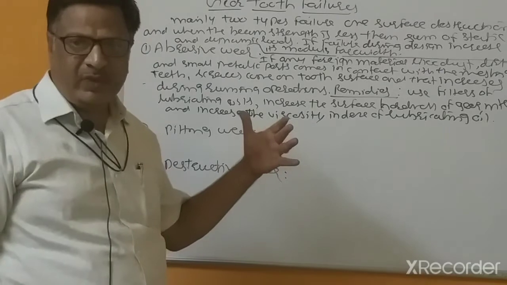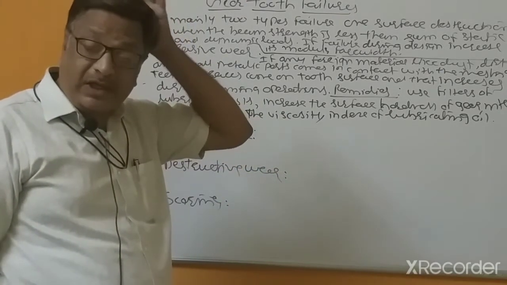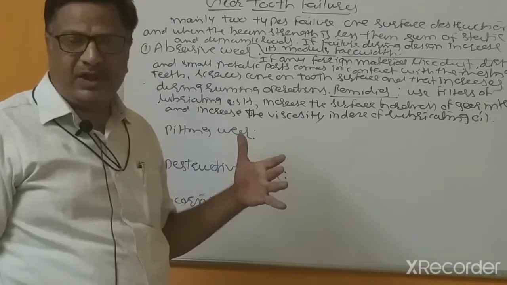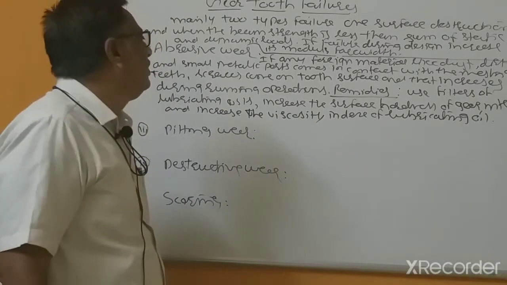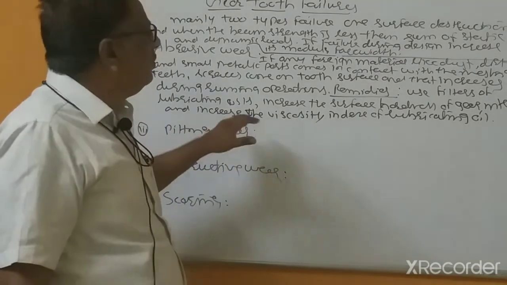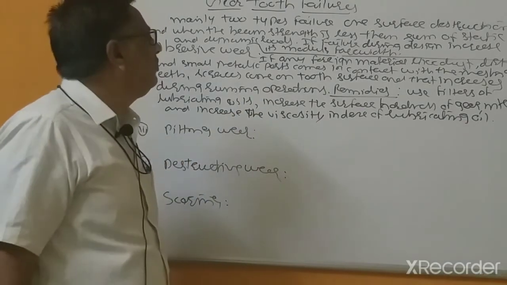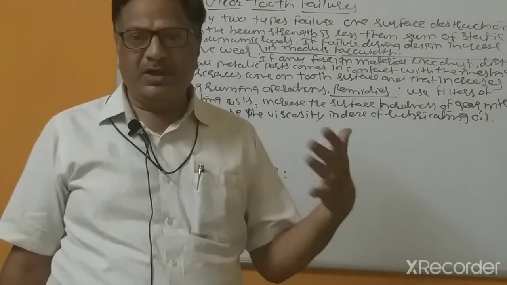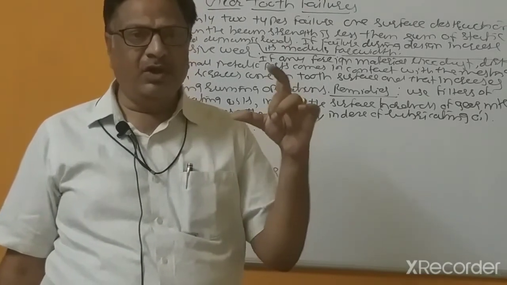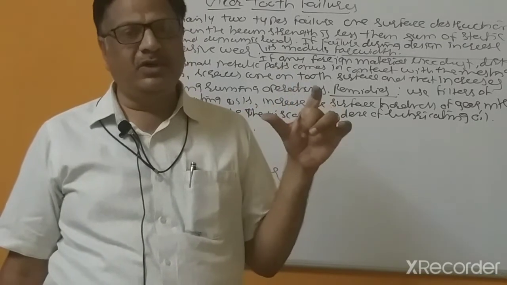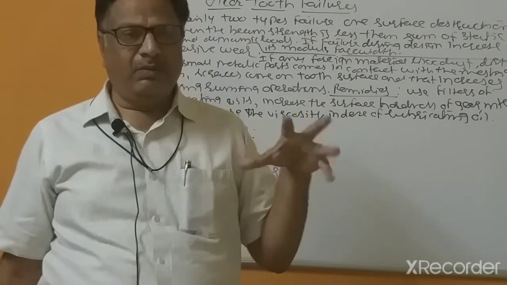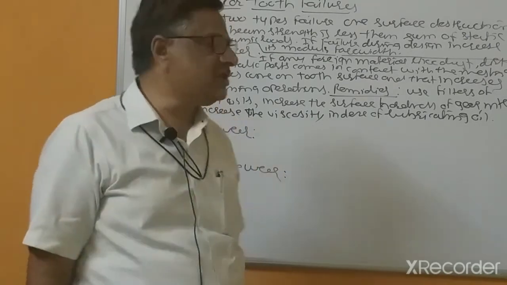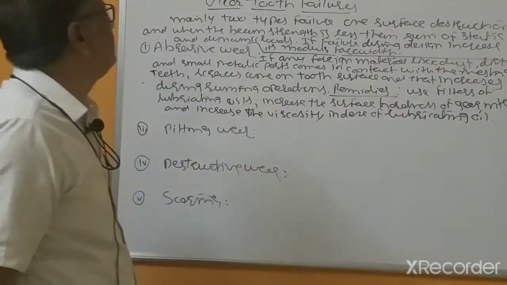Increase the surface hardness, because the materials may be different, maybe cast iron, so that surface hardness you can increase. With more surface hardness, the scratches will be less and will not be prolonged. And if we increase the viscosity index of the lubricating oil, because of the thick lubricating film, any dust and dirt particles present in the meshing of the tooth may pass without scratches on the tooth surface. So these are the remedies.